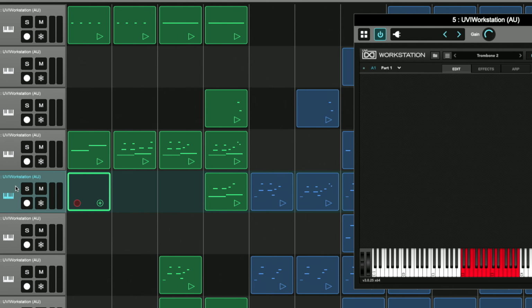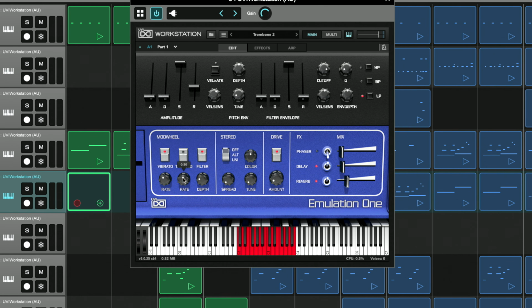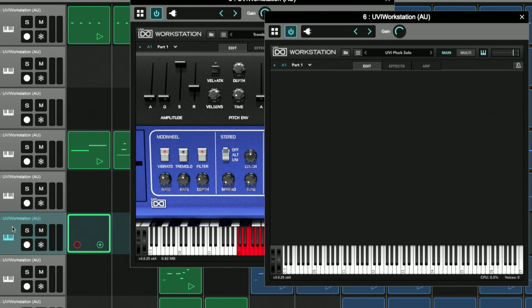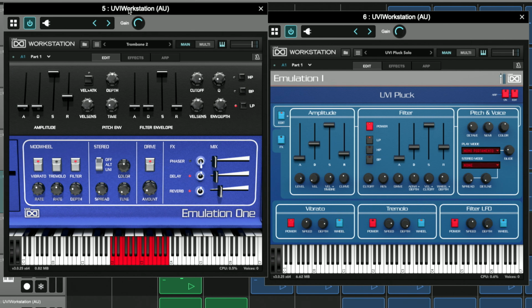That's what it is. So this is the original Emulation I plugin, and this is the new Emulation I plugin. So the original one is this one. You've got the amplitude, you've got the filter, you've got some control here, stereo, the way it's going to work. So that's the original one. These, again, are good samples. This one, the new version,